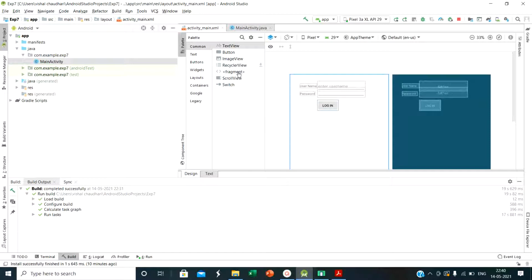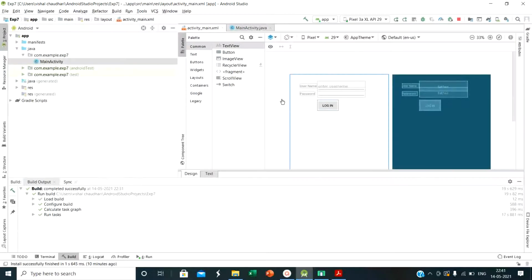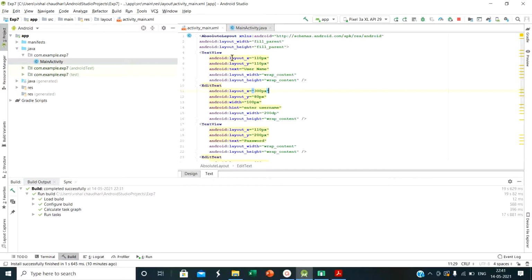So you directly right click on the component and then add to the form, and give the name, or as per your requirement change it. Here, add to design. So simply these components are added to your form. Next we see how we can write the text view.